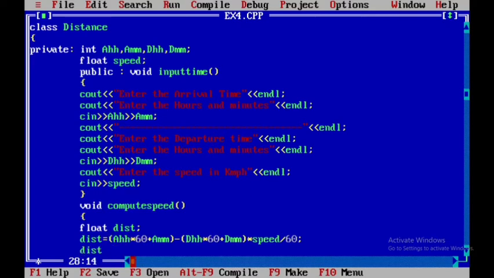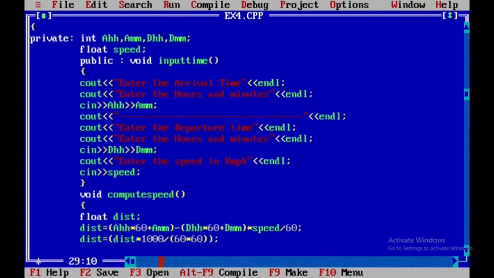So next, dist equals distance. The distance value from the previous line is multiplied by 1000, converting kilometers per hour. Okay? So 60 into 60. Semicolon.